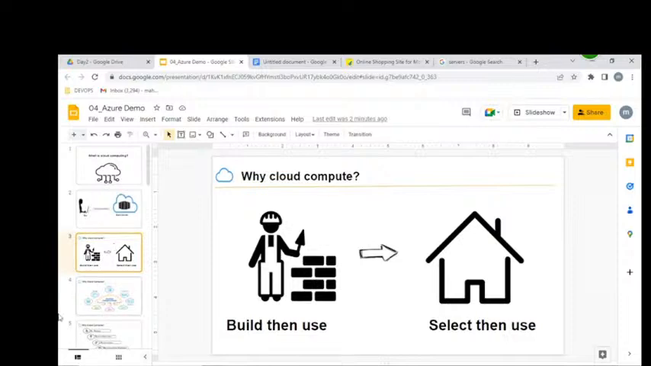Example, which is easy for you: build, then use, or select, then use? Always select, then use. Ready-made things are very easy to use. For example,